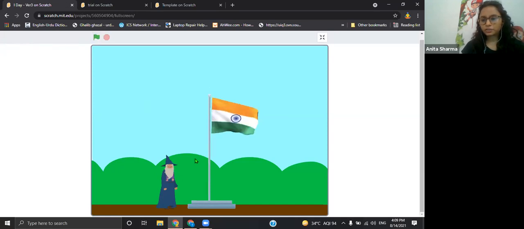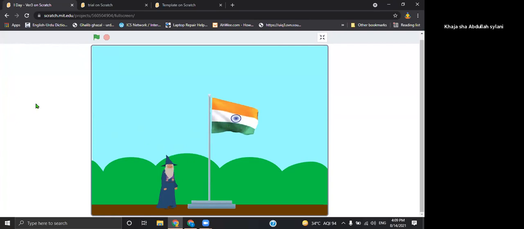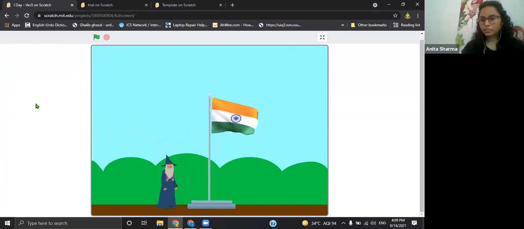When the wizard touched the star, what happened? It turned into the flag, and the wizard is unfurling the flag. He is hoisting the flag. All right, so this is the activity. I hope you like the activity. So this is what we are going to create today. Let's see how we can create it.